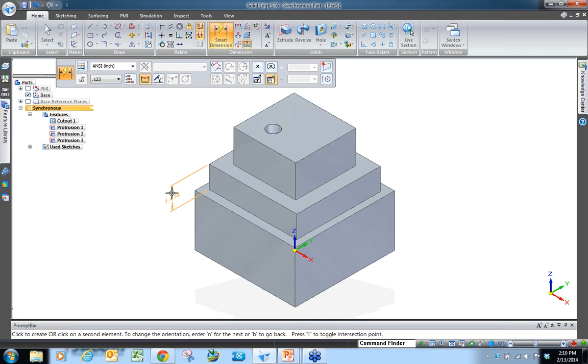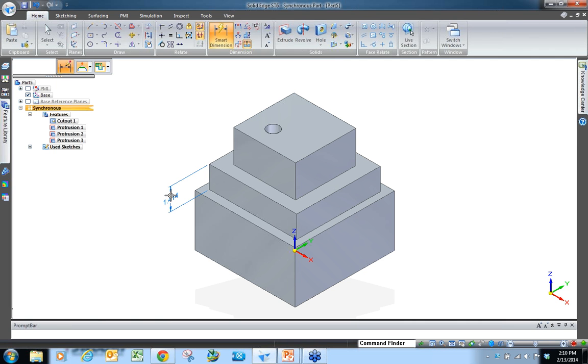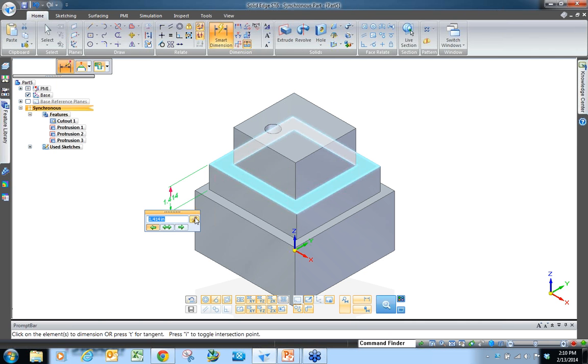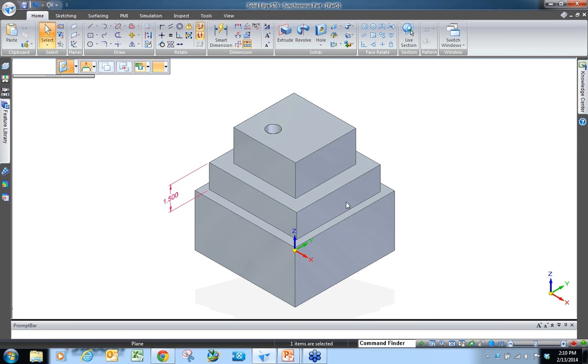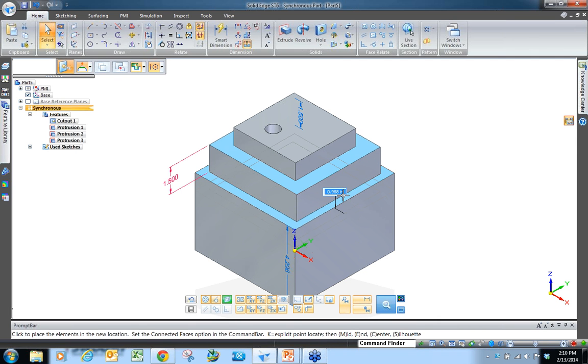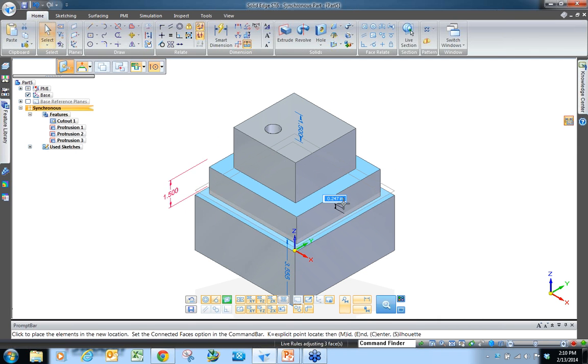from people is, well, how do I keep one change from affecting another? Making one change to one part, how do I keep it from affecting another part or another side of the part? Well, you can do that by dimensioning. Right there I can lock this down to say stay 1.5 inches. So if I do move this face up and I put a constraint on it to where it's locked in